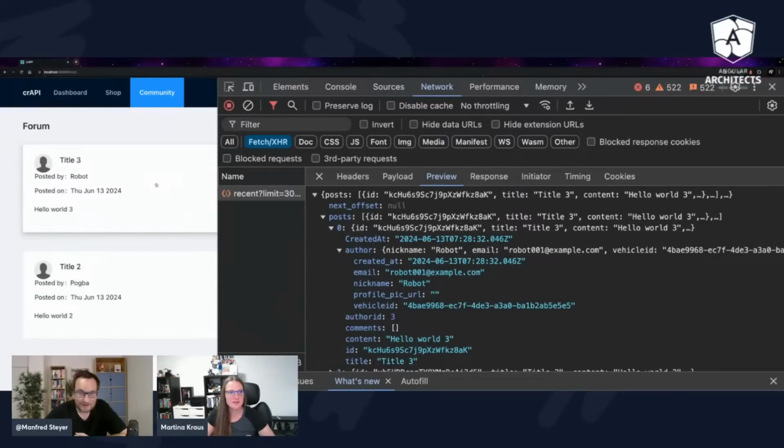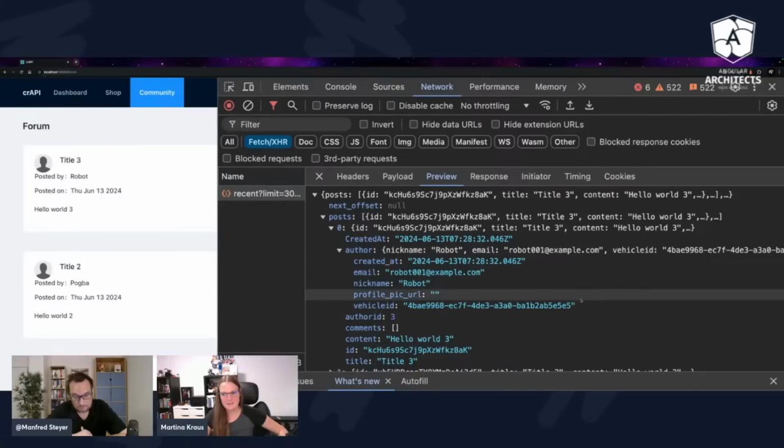Exactly, because OWASP not only has a global top 10 list, it also has specific top 10 lists. For instance, recently they released an OWASP Top 10 for AI, basically for LLMs, about how to protect yourself and what the common threats to AI models are, which is of course another really scary thing. But one step after another, let's stay here at API security. There's one common thing, broken property level authorization: I've been able to access properties which I should not be able to, like the vehicle ID.